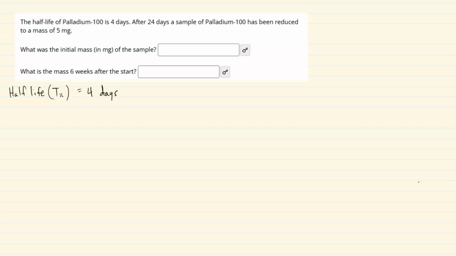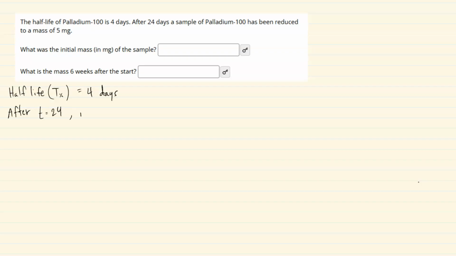And then after 24 days, after t equals 24, t is defined as the number of days,